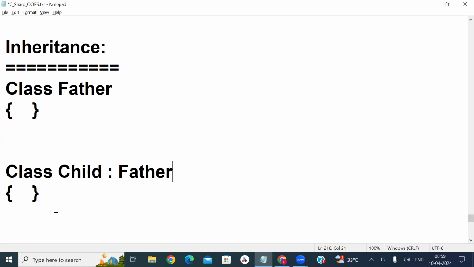The base class is going to be inherited by the derived class. Which class is the base class? Your base class is the father class. Base class or parent class, or superclass in Java.